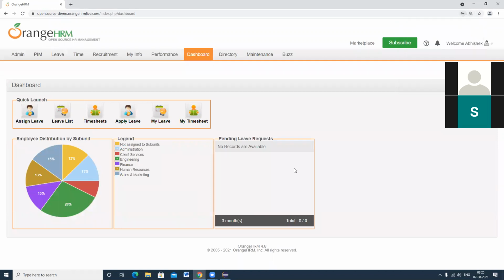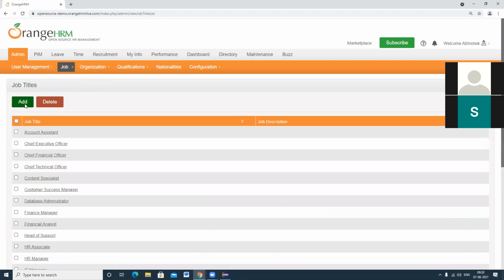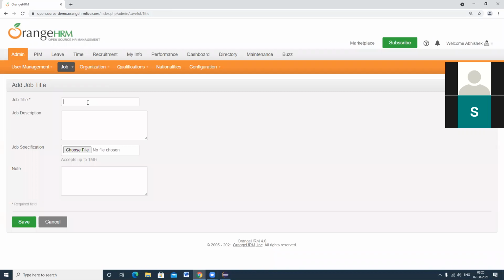I want to click on admin and click on job. After that, I want to click on job titles. After that, I want to click on add button and enter job title, sales one, description. And I want to create a sales one note. So this is the record I want to create and I'm clicking on save.